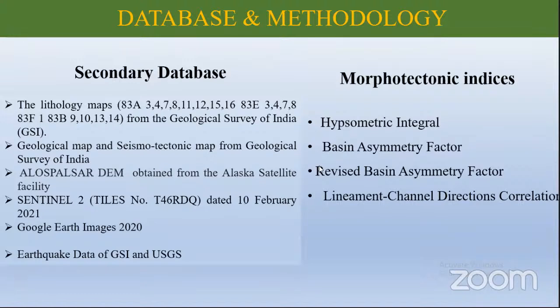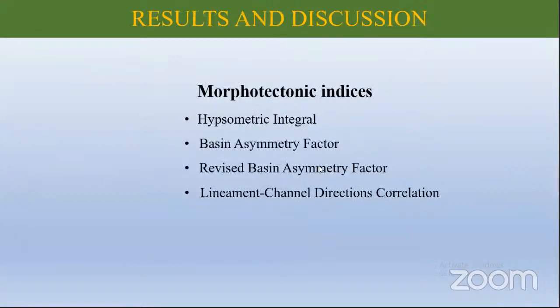In the study, we studied four morphotectonic indices: hypsometric integral, basin asymmetry factor, revised basin asymmetry factor, and lineament. Result and discussion. In this part, first we discuss the morphotectonic indices: hypsometric integral, basin asymmetry factor, revised basin asymmetry factor,